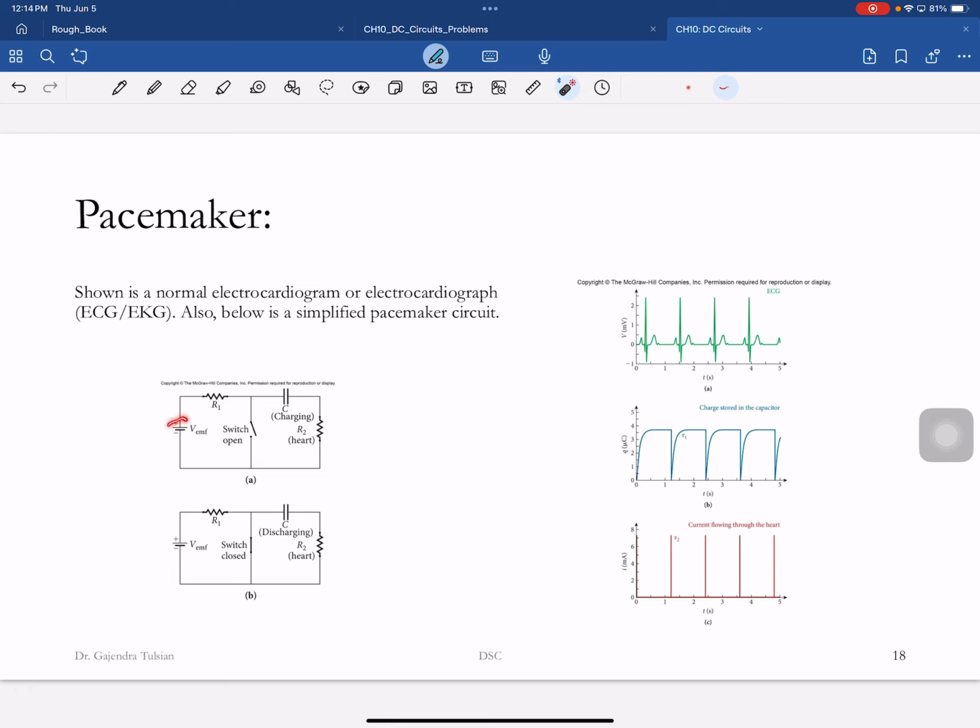So here's the battery that's implanted. Okay, and so when the switch is open, okay, I'm going to show you a simpler circuit first, and then we'll come to this one. Okay. So the simpler one is